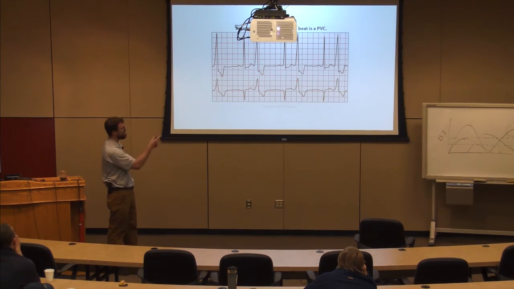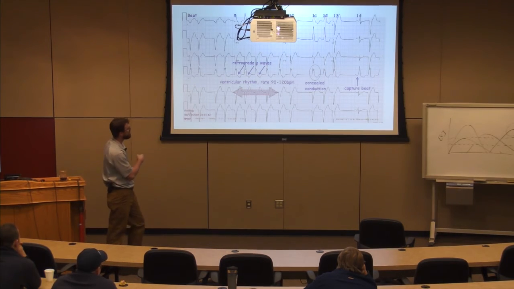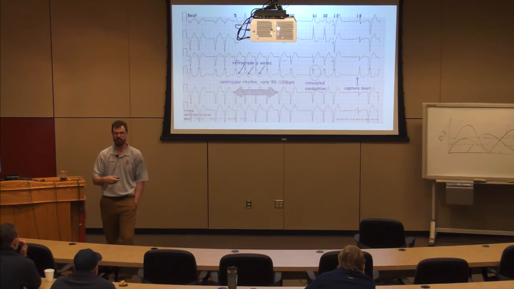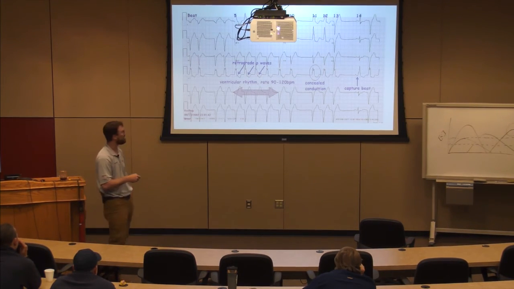So here's bigeminy, which in this circumstance was dig toxicity with bigeminy, okay? Here's another episode of dig toxicity where I have a wide complex, kind of bizarre looking right bundle-ish with a retrograde P wave, but it's irregular with some block. What the hell is that, right? AFib with the right bundle branch block, but then I got a retrograde P wave. It just does weird stuff, okay?